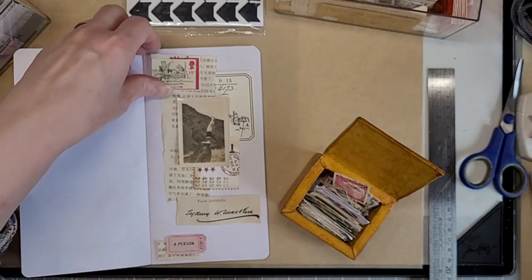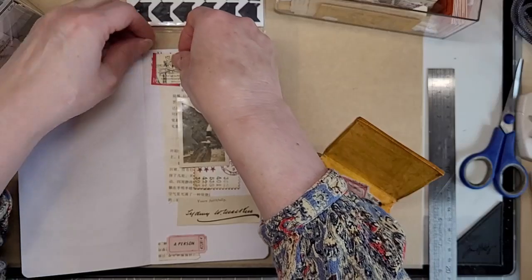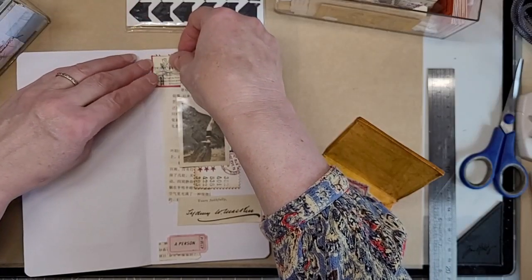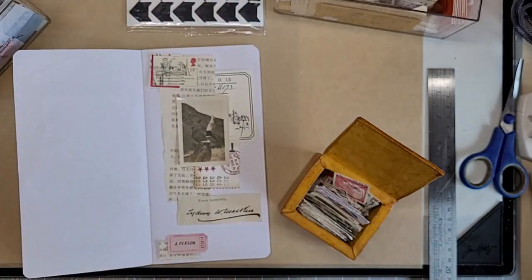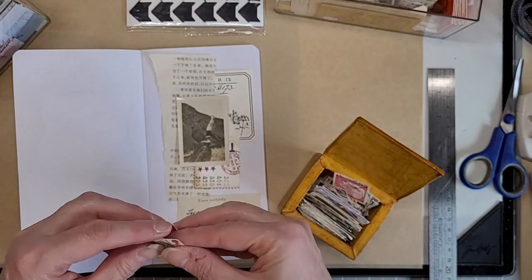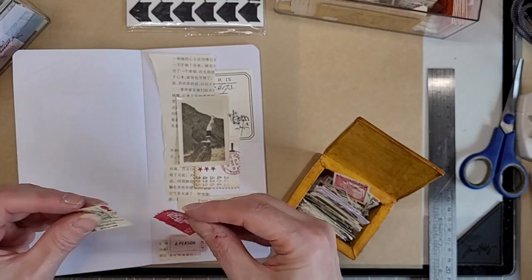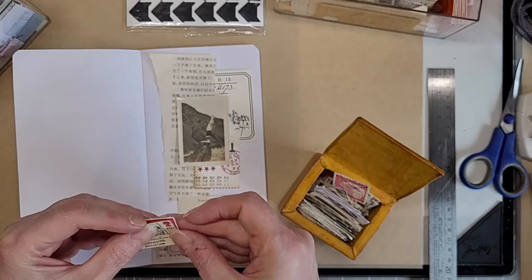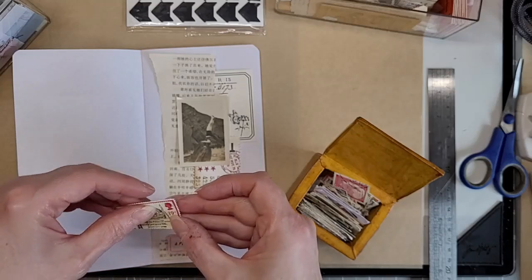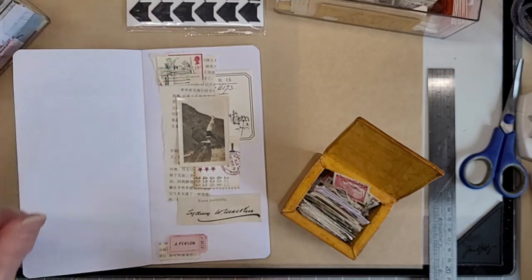The question is, do I do the border that side, or do I do the border that side? I think I do the border that side to keep all that pinky red together. Slightly different shape that way around. Do I do it like that instead? Oh, I think I prefer that. Right,